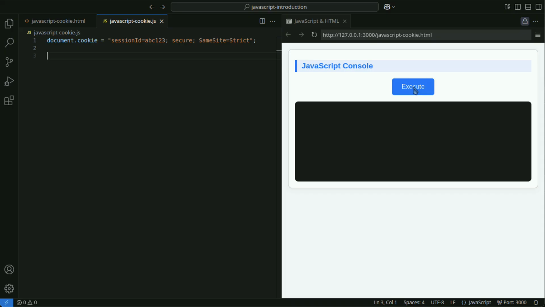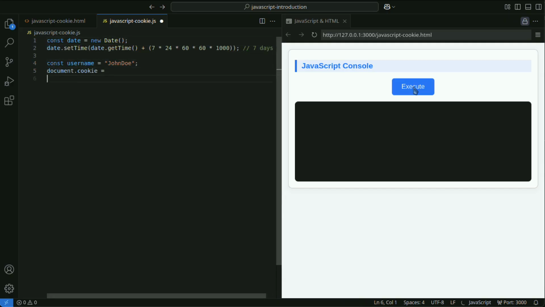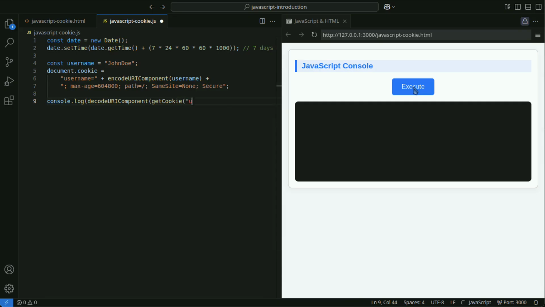Since cookie values may contain special characters, it is safer to use encodeURIComponent. By using encodeURIComponent, you can safely store spaces, symbols, and so on in a cookie.